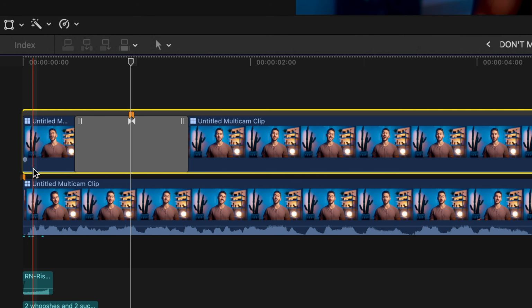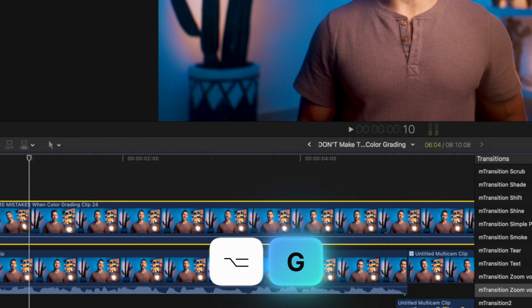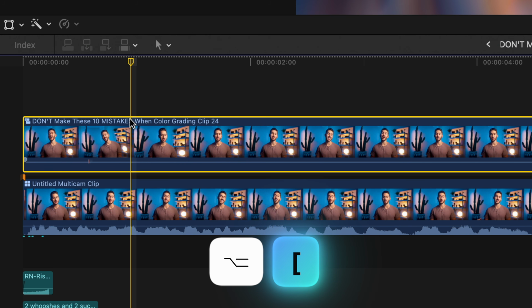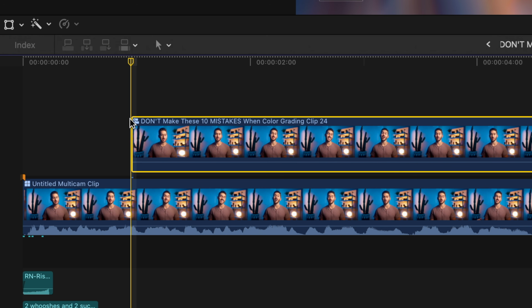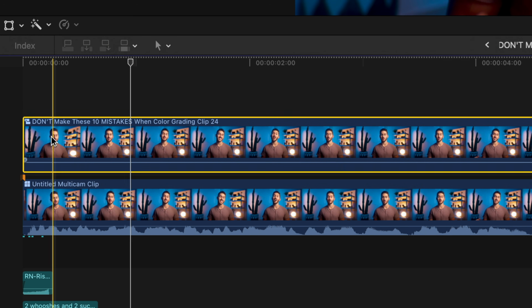We'll drag to select these 2 clips with the transition, make a compound clip by pressing Option G, and now we know that where the playhead is exactly where the start of the clip should be. So let's trim off the beginning part by pressing Option and left bracket to trim to start, or you could just trim manually. Snap your clip to the beginning of the timeline so now the audio underneath will match up